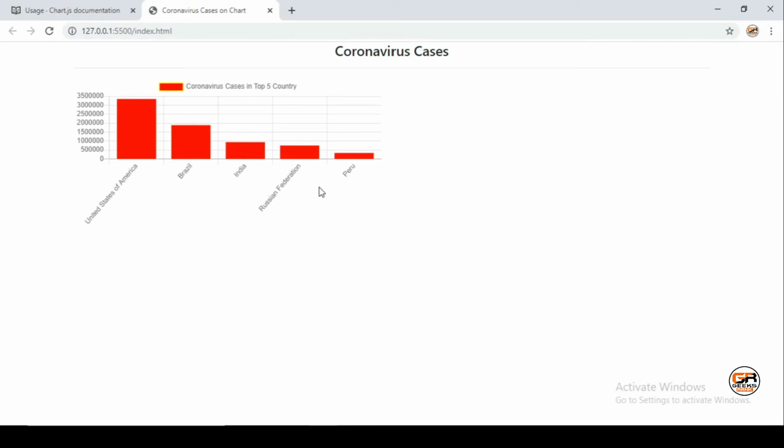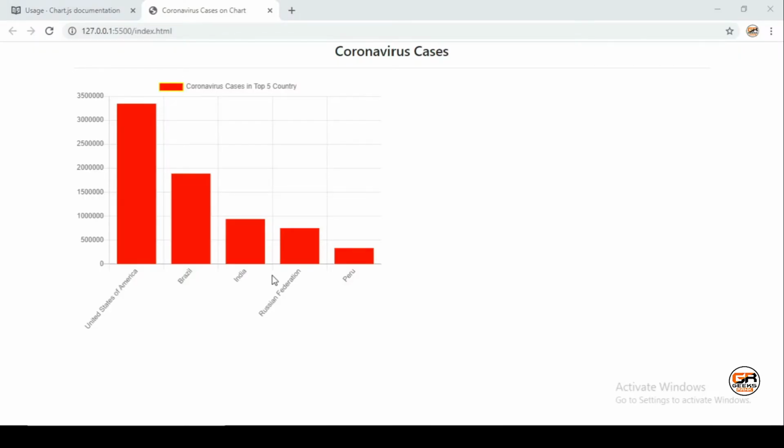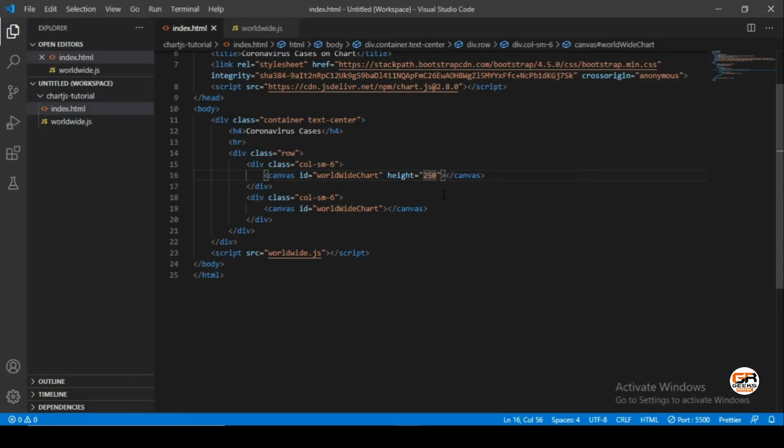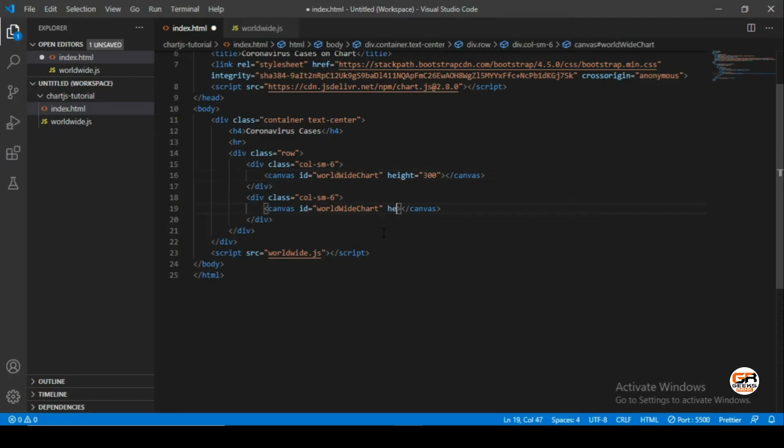Let's increase the height of this graph. How can we increase it? Just put height. Let's put 300. Yeah, it's good. Let's put this height on the second chart also, and this will be 300.